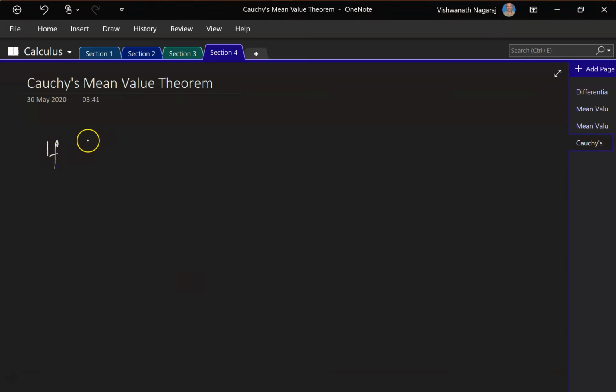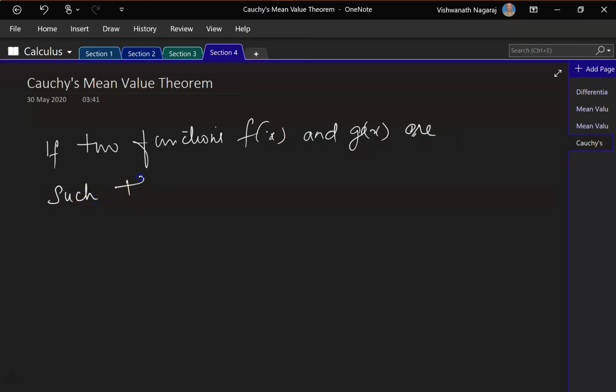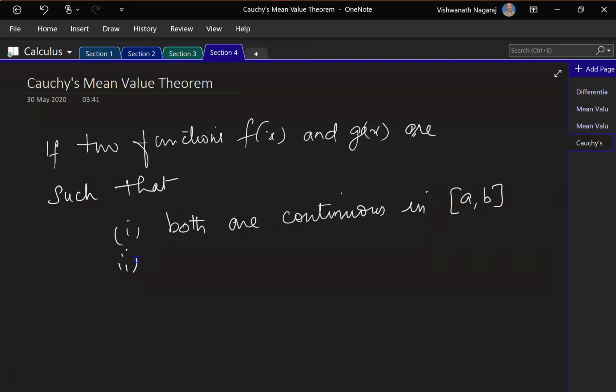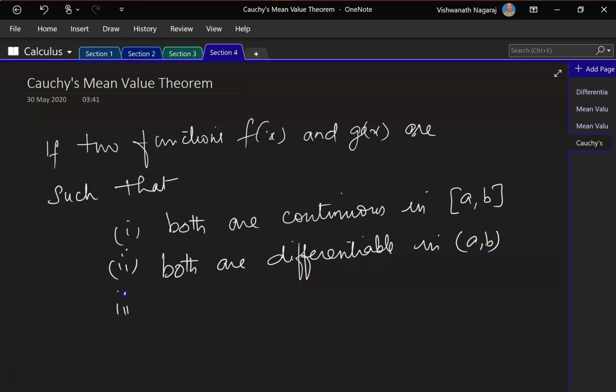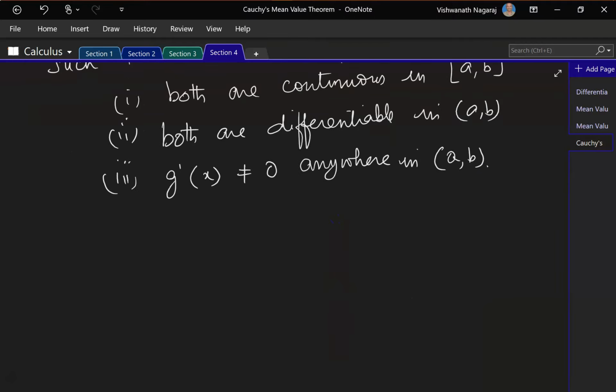If two functions f of x and g of x are such that both are continuous in the closed interval [a, b], both are differentiable in the open interval (a, b), and the derivative of g is not equal to 0 anywhere in the open interval (a, b). If these three conditions are satisfied,